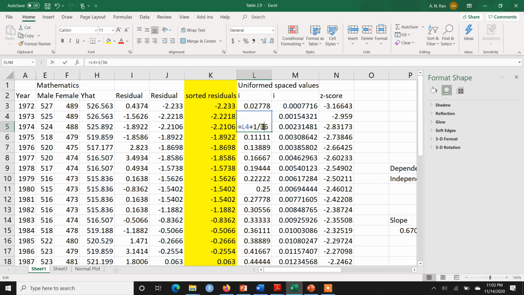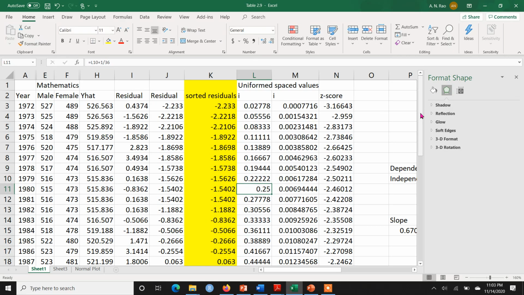Similarly, in the third cell, this is equal to the last cell plus 1 by 36. You can verify by clicking that these are all the previous cell plus 1 by 36.